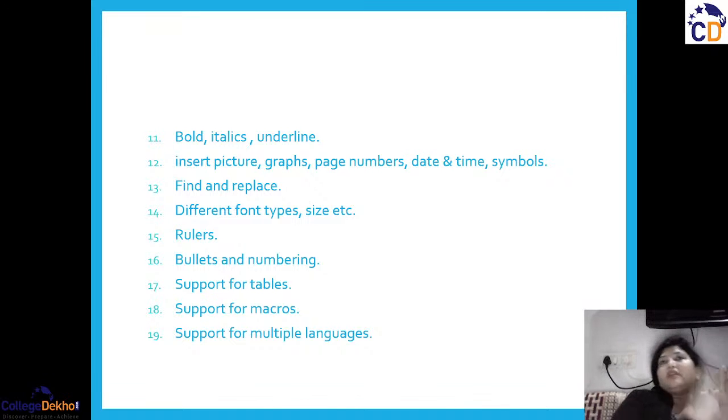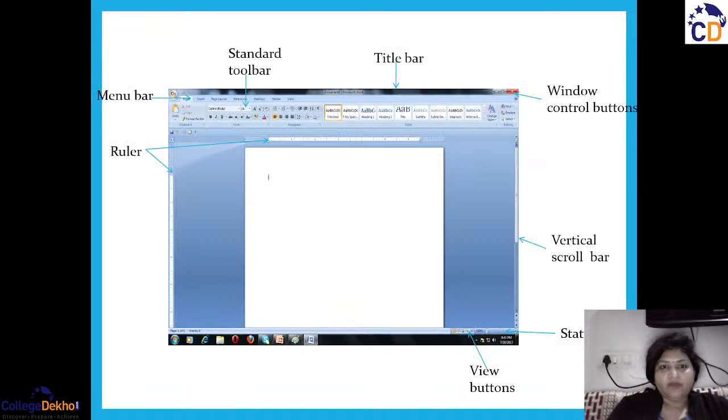Everybody is making reports, attending meetings, and writing the minutes, so you might be using the Word package. So let us begin with this. I will give you a brief introduction to your document, and then we will continue with our tables part. So the first part that we have in a